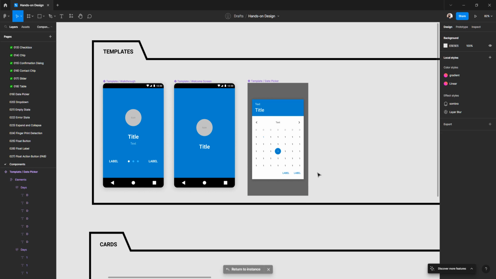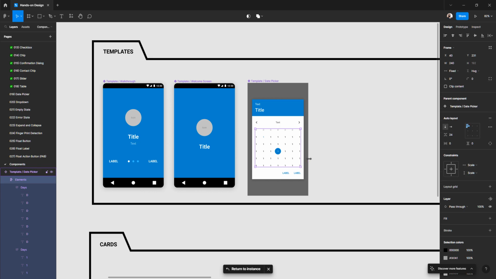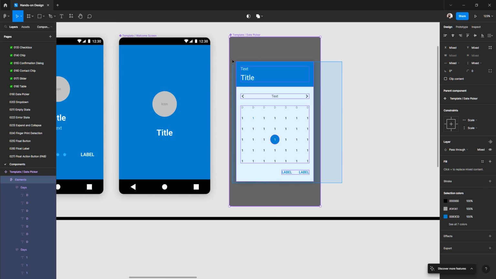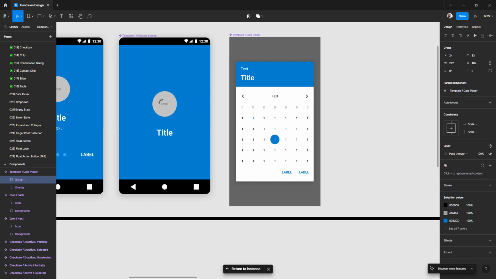And then I'm gonna select all the elements without the background here. So I'm gonna group. Then I'm gonna call it window,